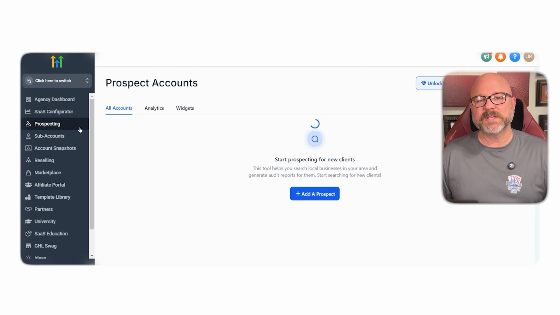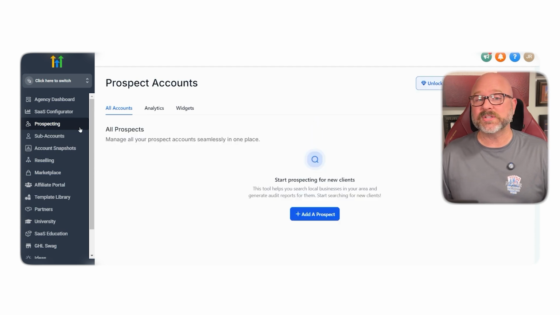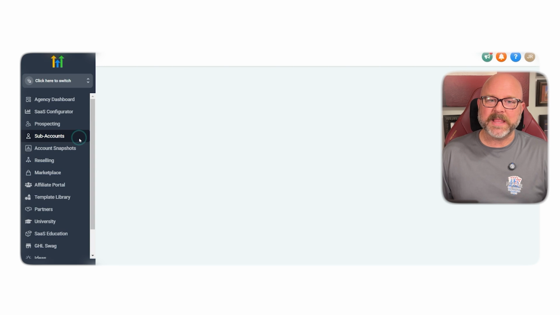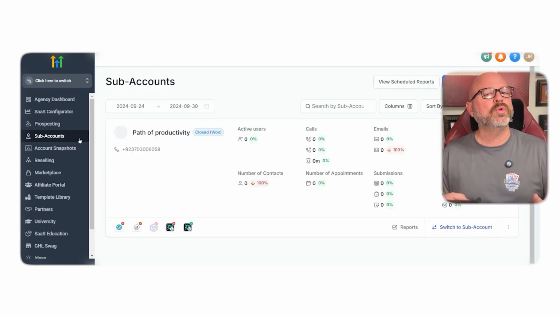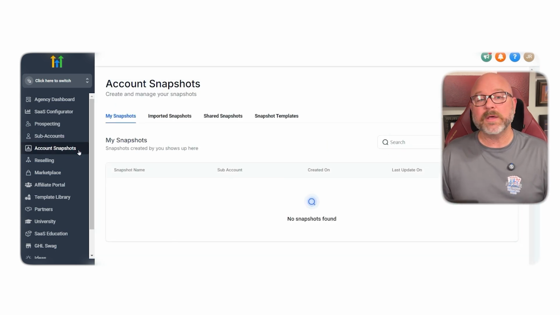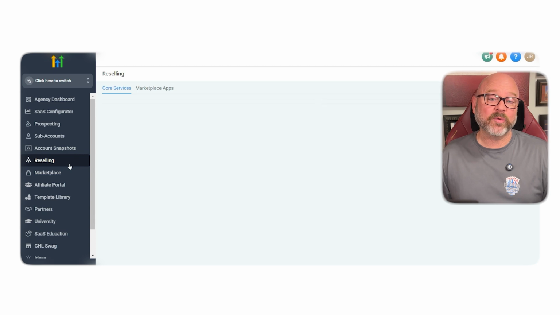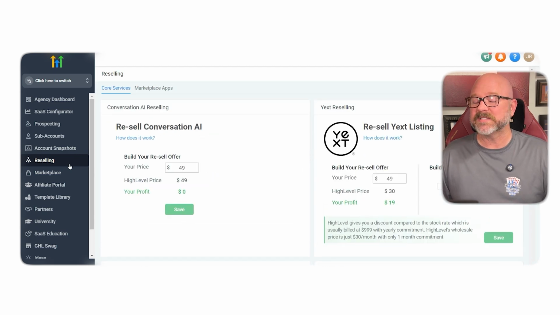As an agency using GoHighLevel, you'll likely focus on managing sub-accounts under your brand. This setup allows you to provide a fully customized experience for your clients while keeping control over the services they receive. If you're using GoHighLevel mainly for its CRM features, it becomes a powerful tool to help you run your own business. The flexibility to use it in these different ways is a big reason why GoHighLevel has become so